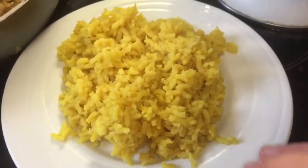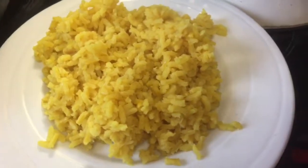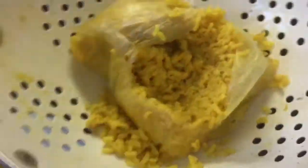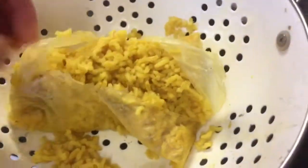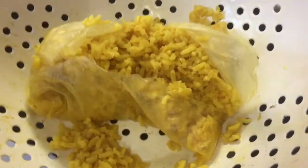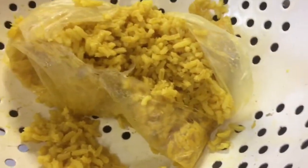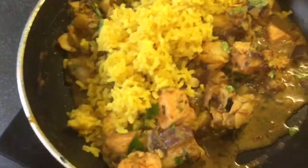Okay, so I put 3 really large tablespoons of cooked rice on my plate, and I was curious how much a portion that would be, and it weighed out at 130 grams. So this is the pack, 1 pack of rice that I cooked, and you wouldn't think that a small pack of rice would cook up so much, but it has. Now I could have put all that in there and eaten it and think, well, it's all no count, that's fine, but I am getting small and I do need to be portion savvy, and that is quite a large portion. So that's going in there